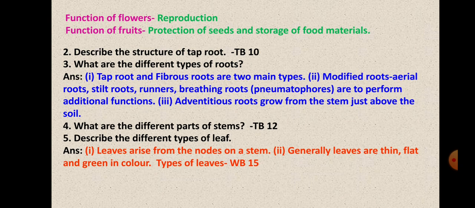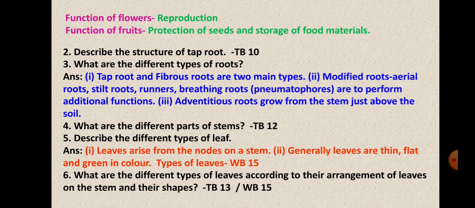See point number 9, 4.9. Did you get it? Types of leaves. Simple leaves and compound leaves. A simple leaf has a single undivided leaf blade with a single midrib. A compound leaf has a leaf blade divided into many small leaflets. These 2 types of leaves I had also shown you while explaining the lesson.